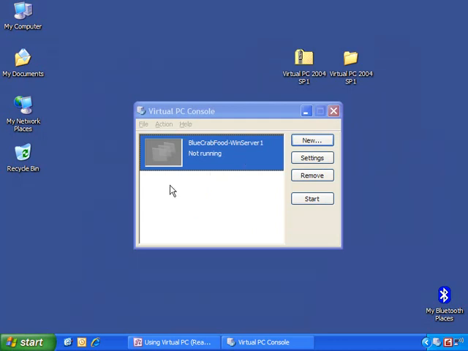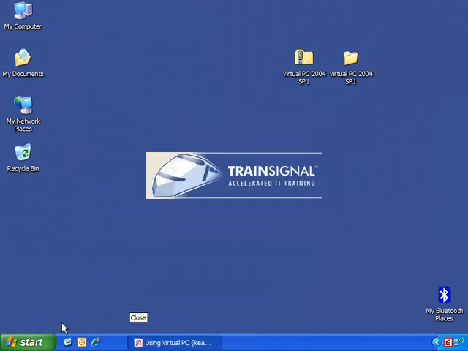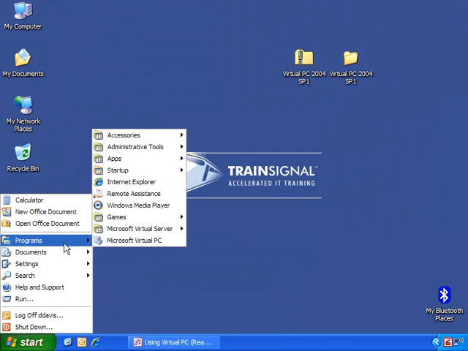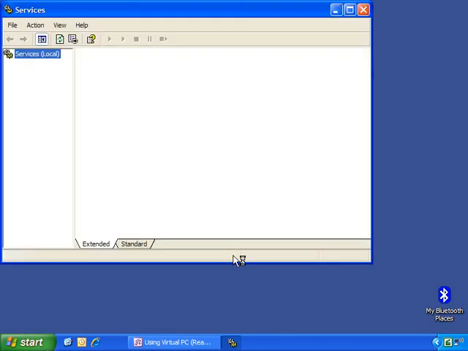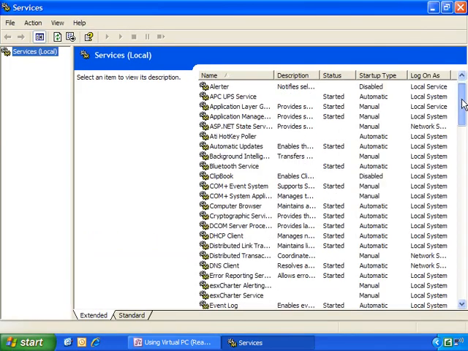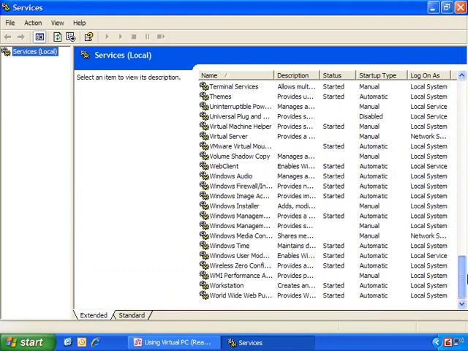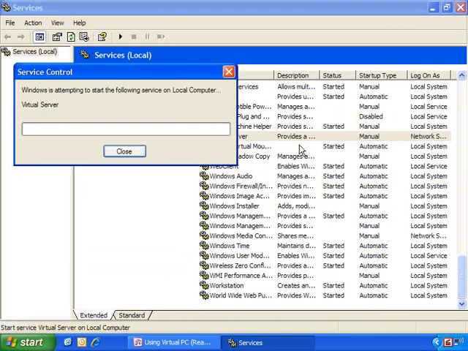And you can see it's not running here. We did do a proper shutdown. And because we did a proper shutdown, we can actually close out Virtual PC, and we can go start the virtual server service, and we can go and import that virtual machine. Actually, we don't even have to import it. We never even removed it from virtual server. So here, if I go to the virtual server service and I start that,